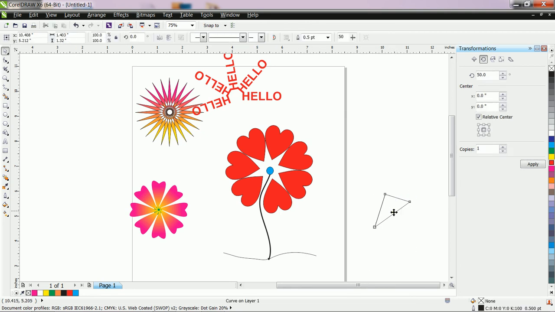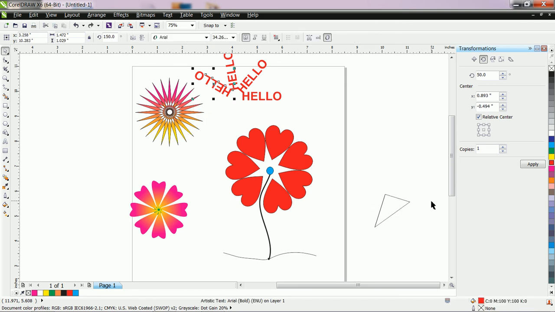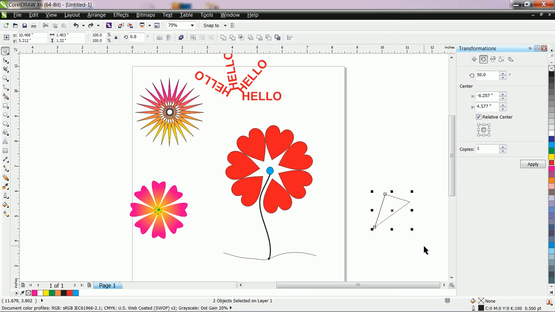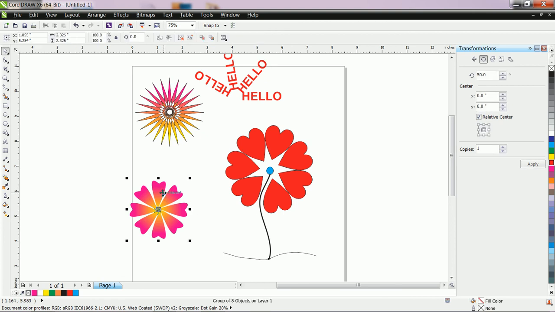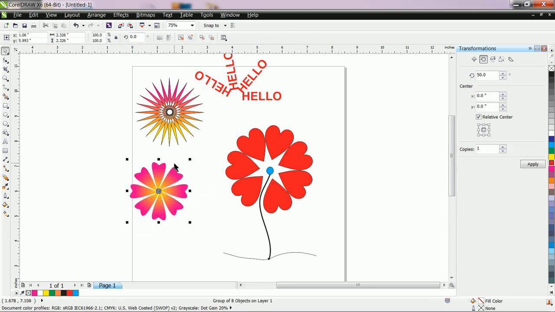Suppose here also we have this shape, but this is not closed. But like this shape we also use for transformation. Okay, and suppose here again I just copy paste this shape. I want to ungroup this.